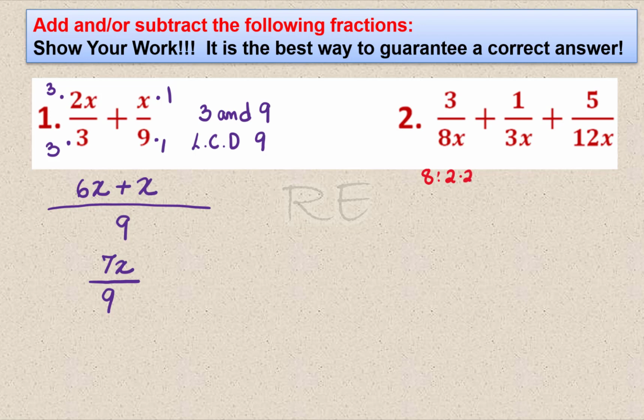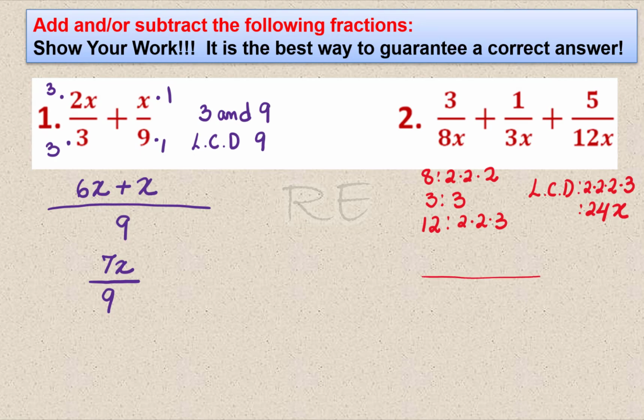8 is 2 times 2 times 2. 3 is prime, it's just 3. And 12 is 2 times 6, which is 2 times 3. The LCD between 8, 3, and 12 is 2 times 2 times 2 times 3. So the LCD is 24. And between x and x, the LCD is x. Therefore,